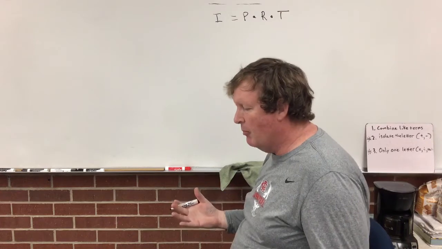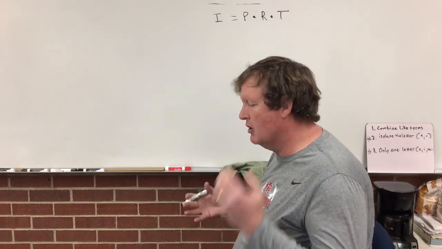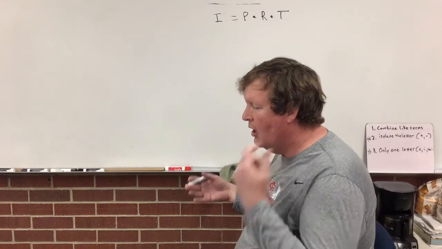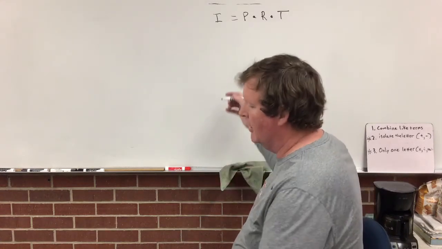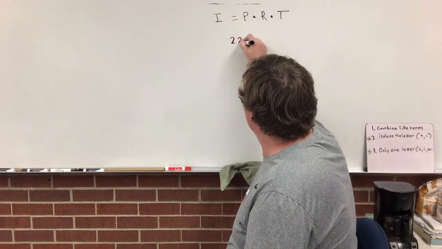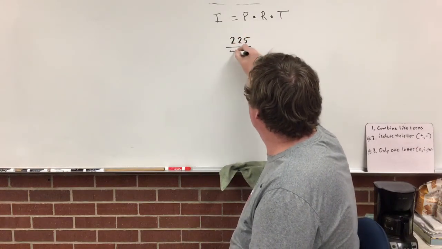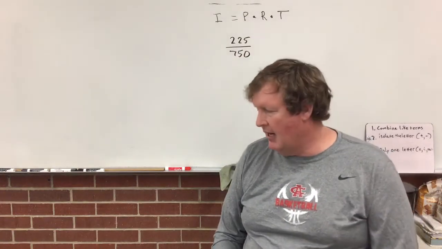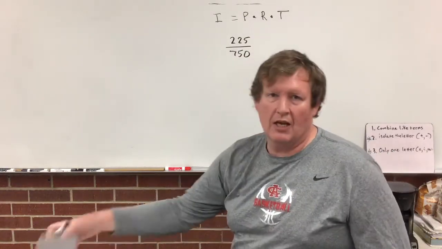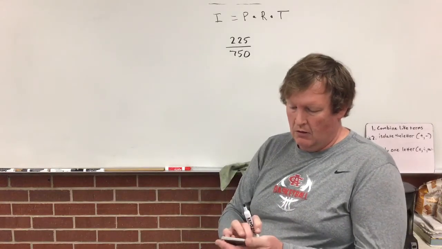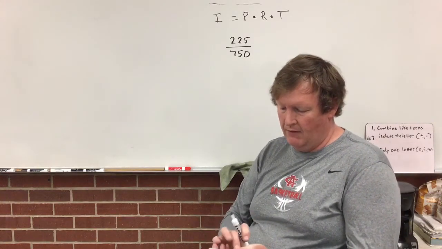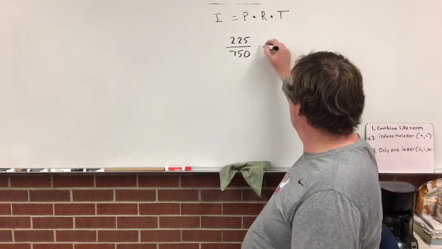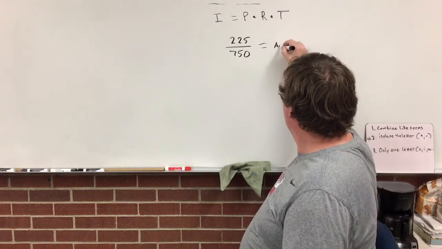It says, in a public opinion poll, 75 questionnaires were sent out, 225 questionnaires were returned. What percent was returned? So that one you're going to go 225 over 750. Okay, divide that out. Okay, use calculator if you'd like. 225 divided by 750. And then take that answer, whatever it is,